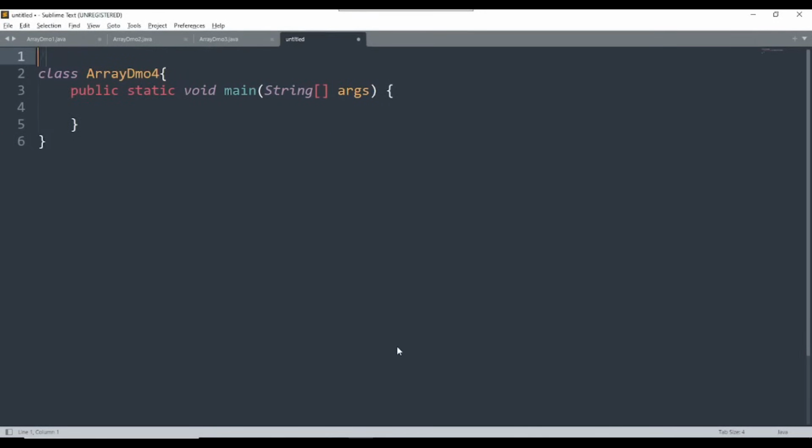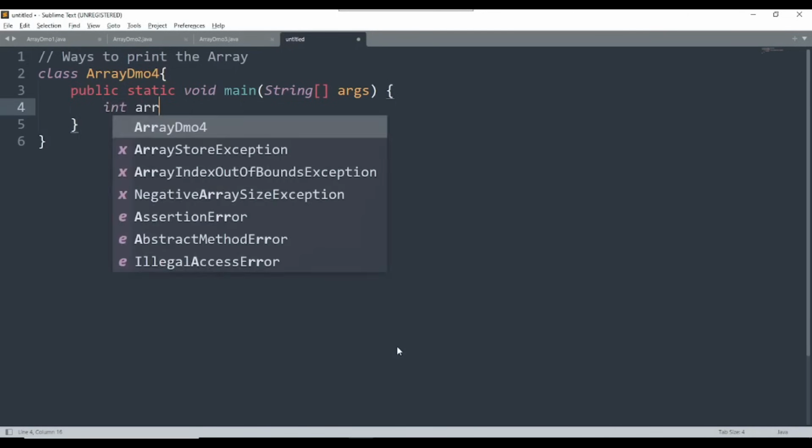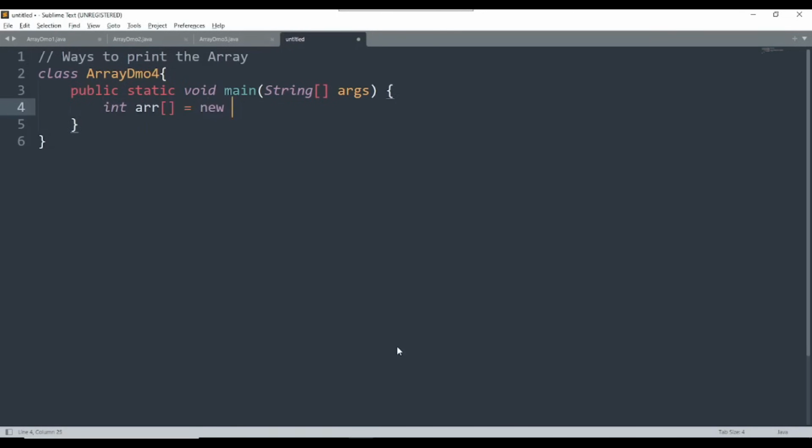I have created another program to demonstrate the ways to print arrays, right? If you have an array and you want to print it, there are different ways available. For example, I am creating an array, int[] arr = new int[] with the values 43, 78, 45, 15, 96 and 35. So here I have created an array named arr with integer data type. What are the ways to print that array in Java? First of all,